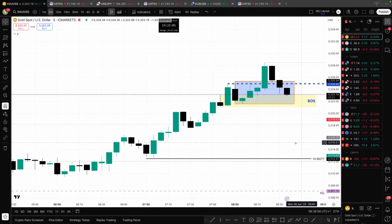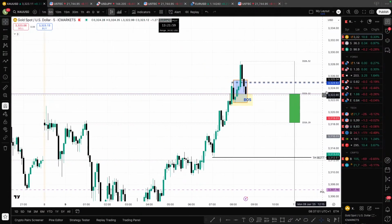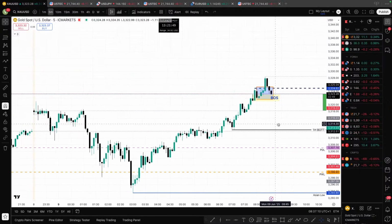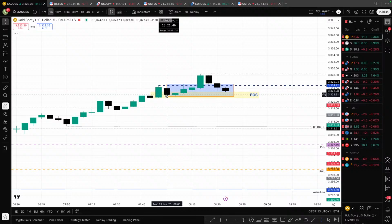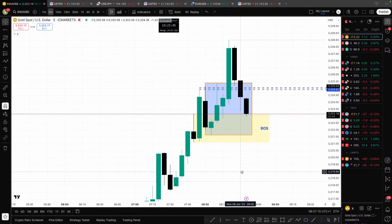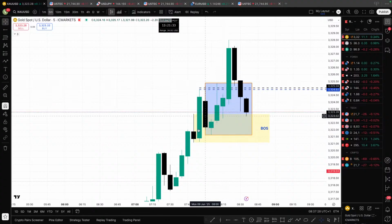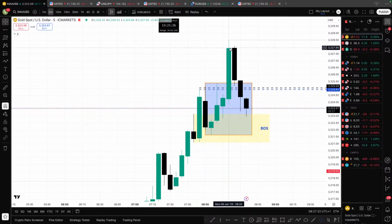Now with gold, the interesting thing was that we came back from a massive drop. We put in the Asian lows, and then beautiful structure up till now. And what happened here is that with the first 5 minute candle right here, we swept the last hour high and the Asian highs. We came back, and then we came up again without doing any breakout structures. We had a beautiful candle closing above,